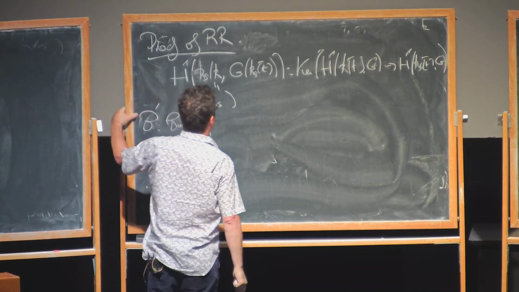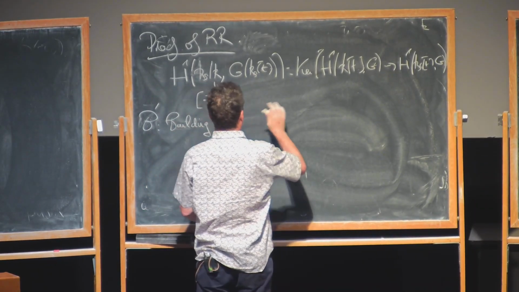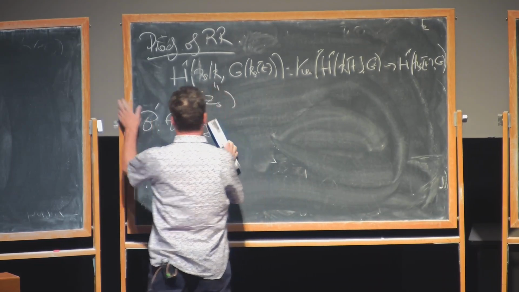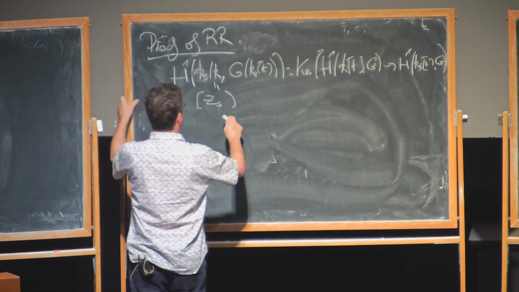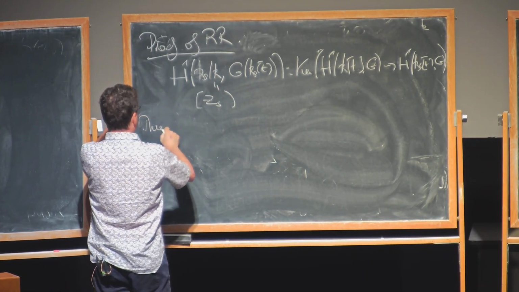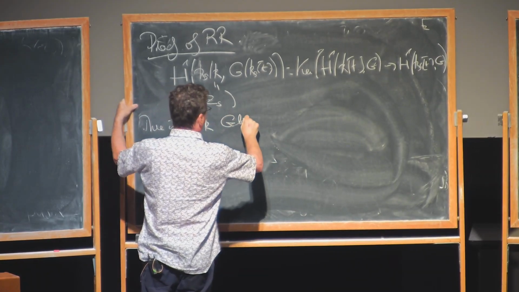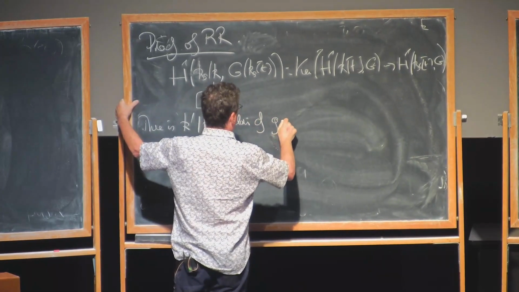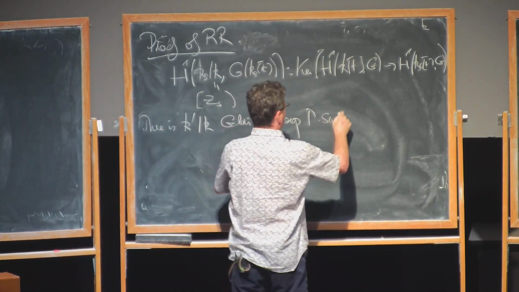Well, actually, it's even better. No, we have to work at finite level. Sorry, I go too fast. Well, so this S, okay, factorize. So there is K prime over K Galois of group, say, G gamma, such that